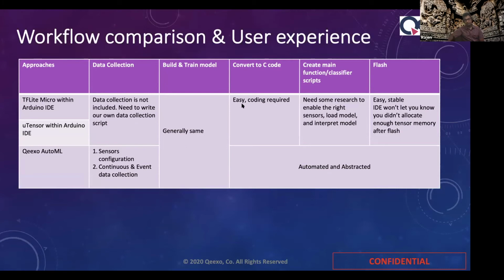And in addition to that, the models which are generated by Qeexo AutoML are an order of magnitude smaller. So it gives an opportunity to either make bigger models because they are going to fit into the given flash and RAM size, or if I have a device which is more memory constrained, I can still use Qeexo AutoML to deploy the CNN models or NN, RNN, CRNN models on these devices.